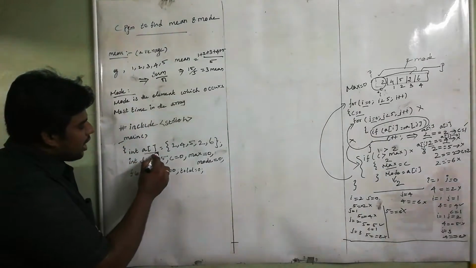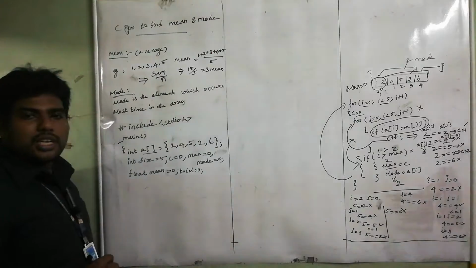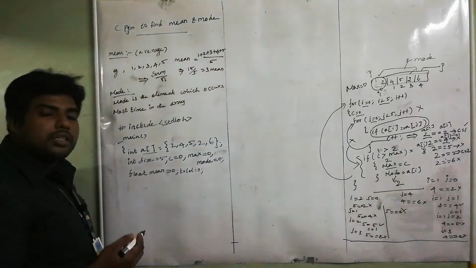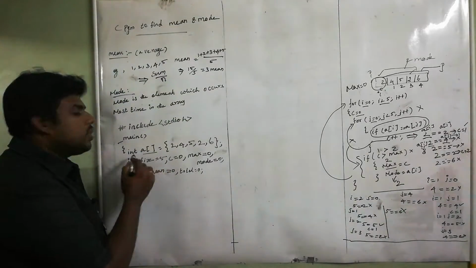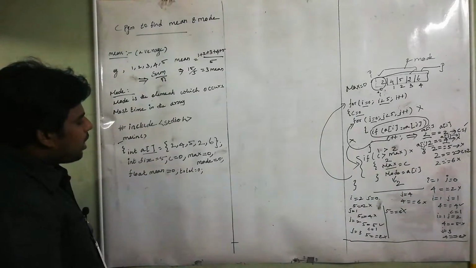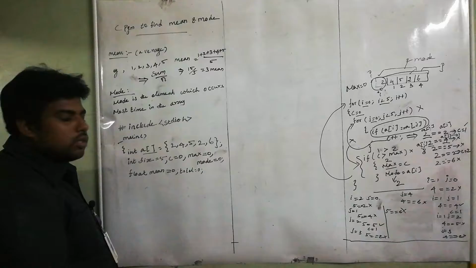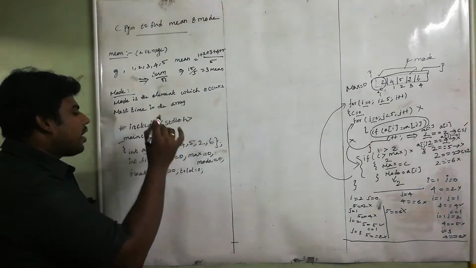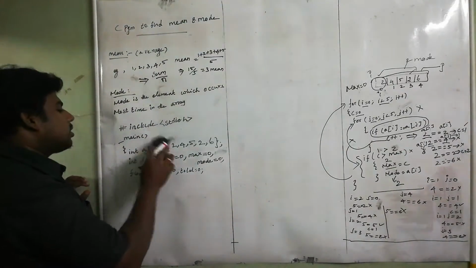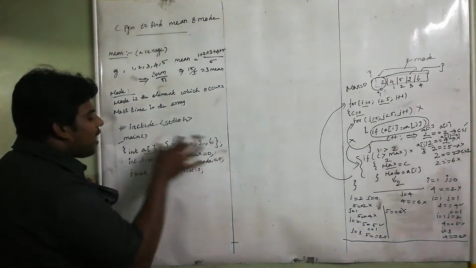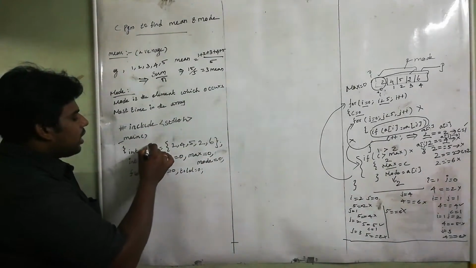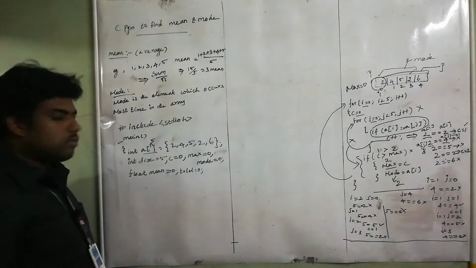See here in the array, I didn't specify any size. I am giving an empty array. So what's the meaning of that? The meaning of this is, if you didn't give the size, it will take the size of the elements present here. So how many elements are present here? 1, 2, 3, 4, 5. So here by default the size is 5. If I didn't specify the size, the initialized values will be taken as the size of the array. Okay, here 5 elements are there. So here the size is now 5. All of you got it?